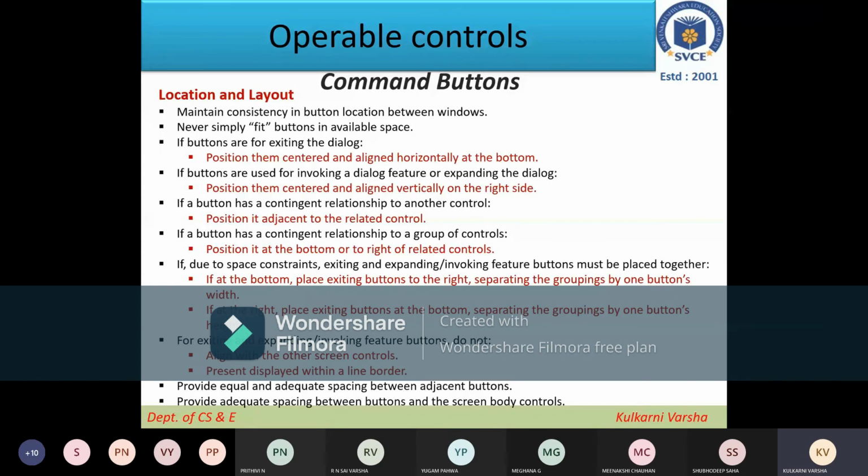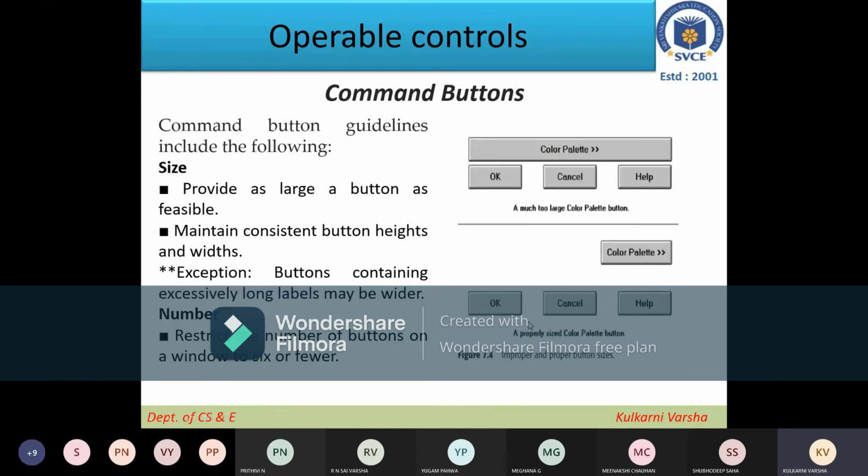With respect to the locations and layouts, there are many common points. Maintain consistency in button location between the windows, right? If you can see over here, between OK and cancel there is a uniform space, and between cancel and help also, right?